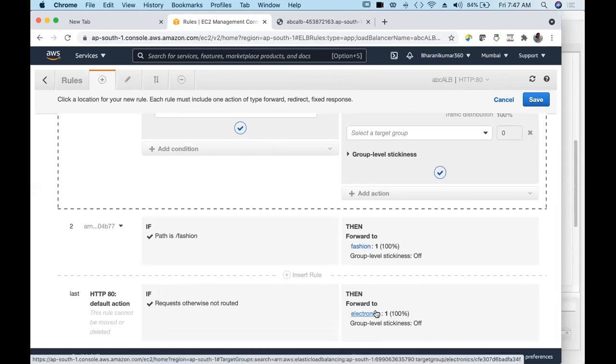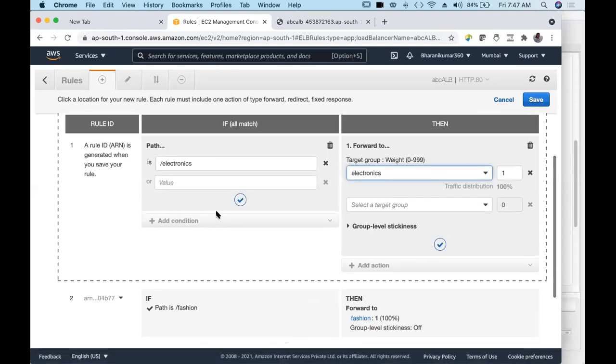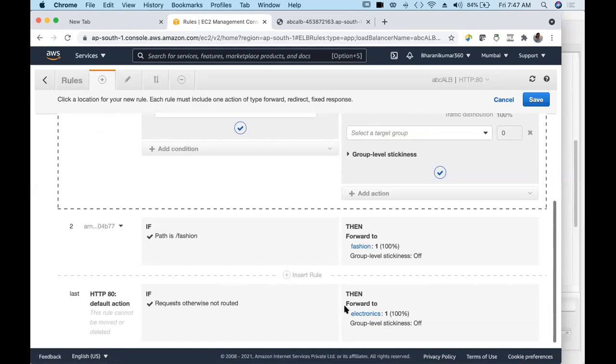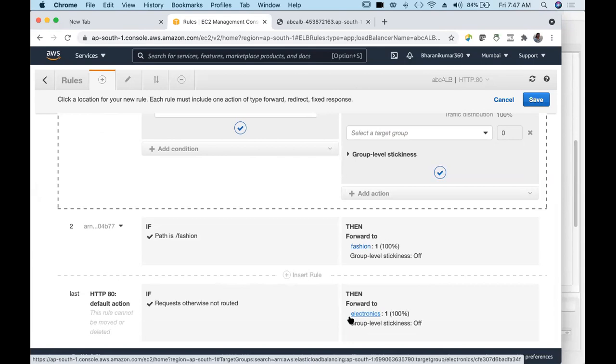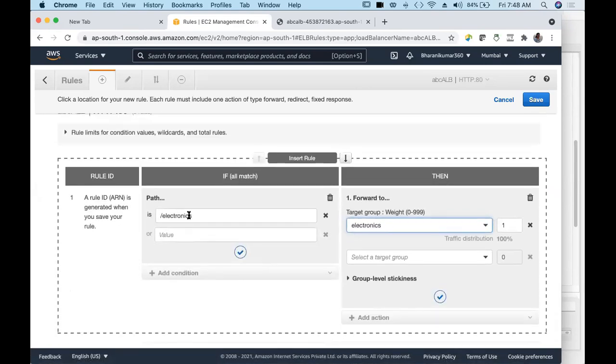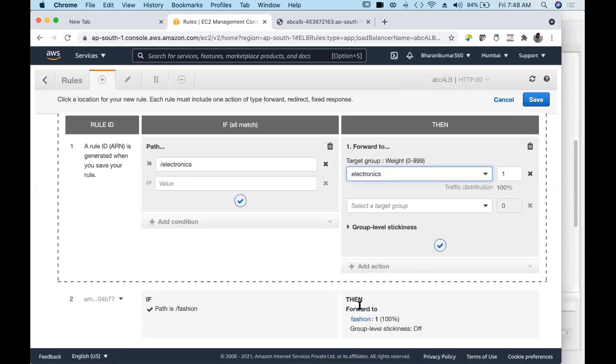Instead of this, you can create one more target group with a welcome page, something like that, and add an instance which has that welcome page. So then if a user is not specifying any path, he will be sent to this target group. You can call it a home page or a home server. So if the user is mentioning paths, then his request will go to these target groups which you have added in the rule.